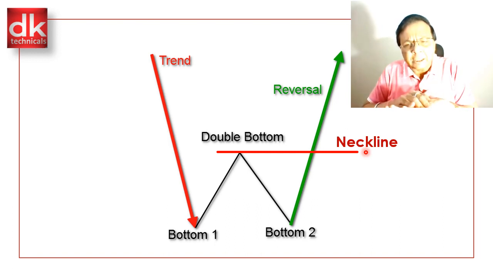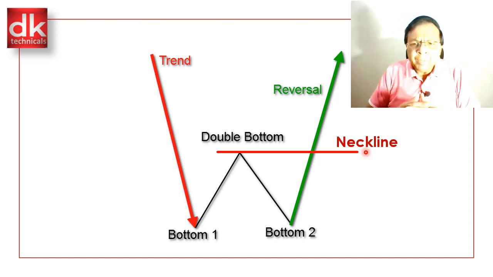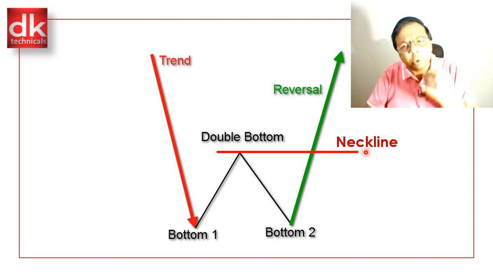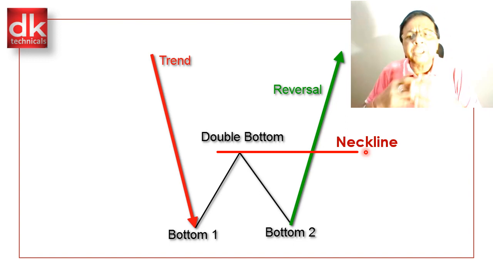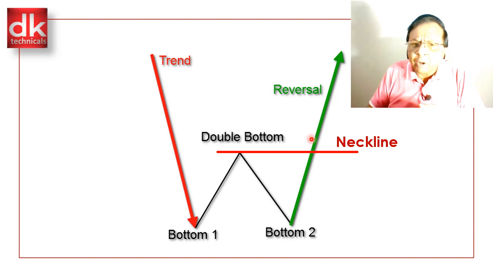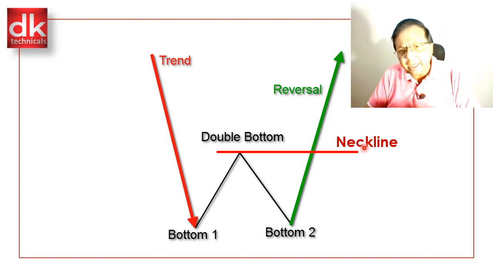and there will be some formation of a bullish candlestick pattern when the price bounces off the neckline. There could be a bullish pin bar, it could be one white soldier, it could be bullish engulfing, any kind of bullish candlestick pattern that we have covered in the zero to hero tutorial will get formed at this point of time. So majority of the traders, I would say many traders, normally wait for a correction to take place and then show a bounce back to make an entry at this point.